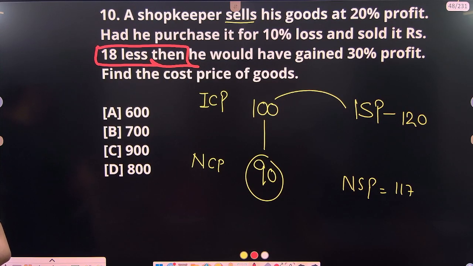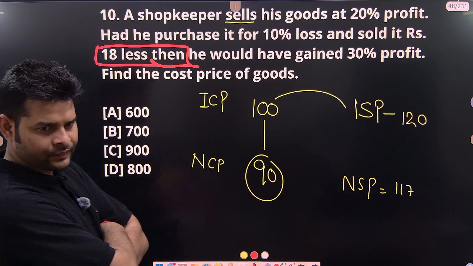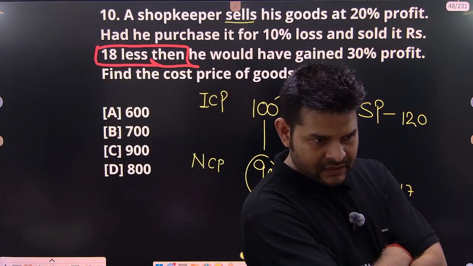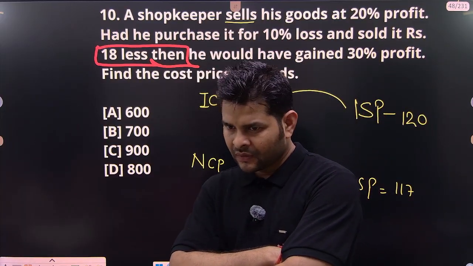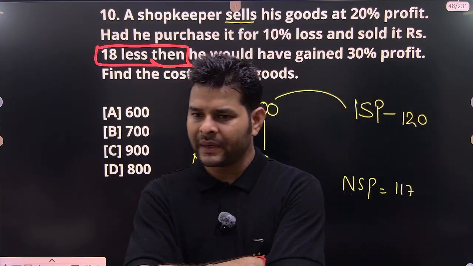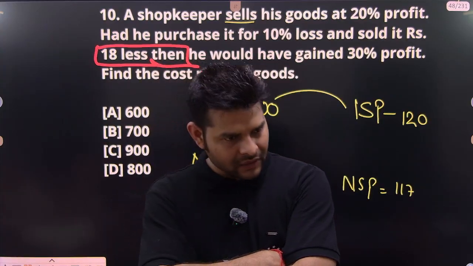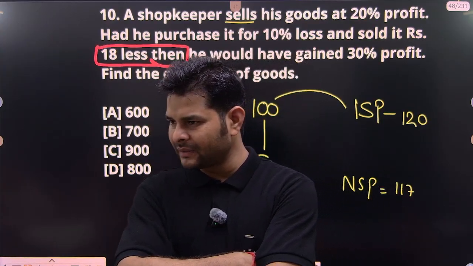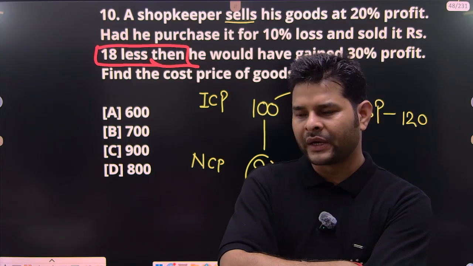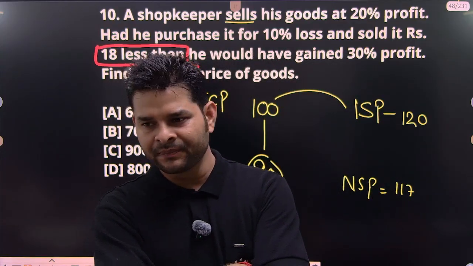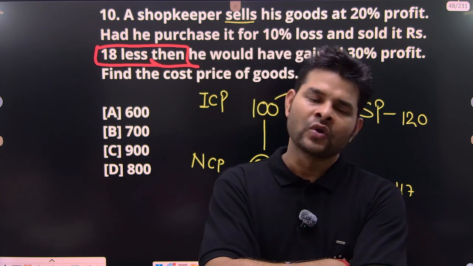According to the question, is your equation matching, or do you have any doubt? Clear? So what is the first condition? I have bought an item, that would be the CP, and I sold my item at 20% profit. So basically I bought my item for 100 units and sold it for 120 as a profit. This is the first condition. We need to leave it and go on to the second one.